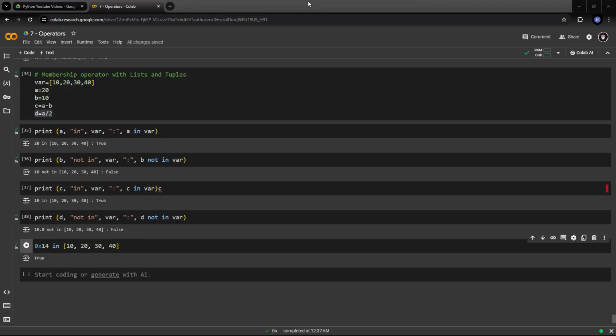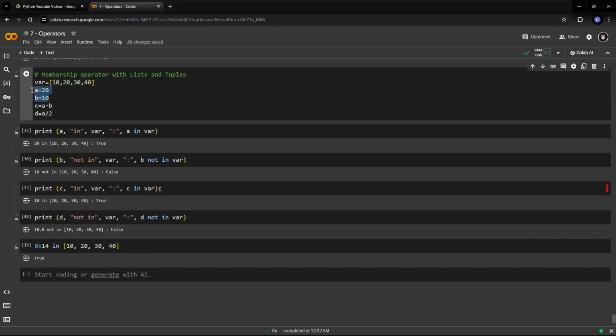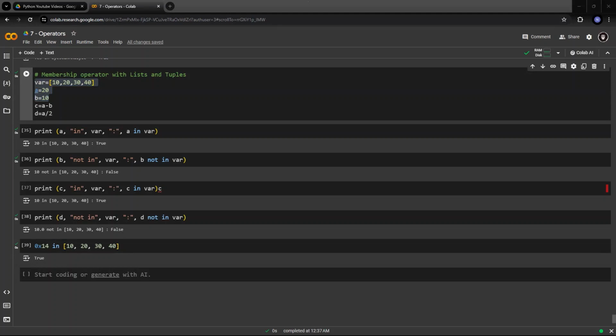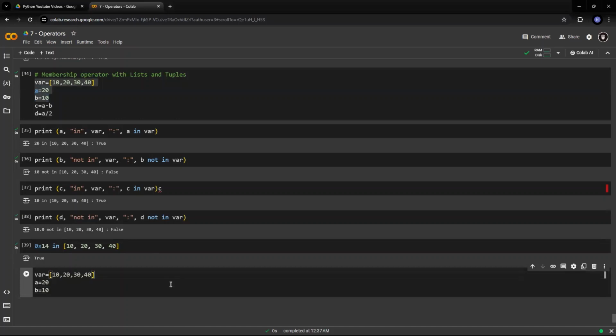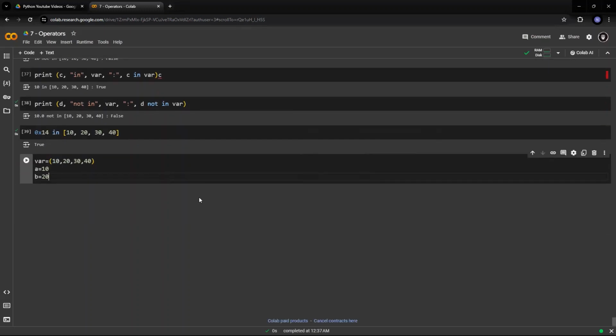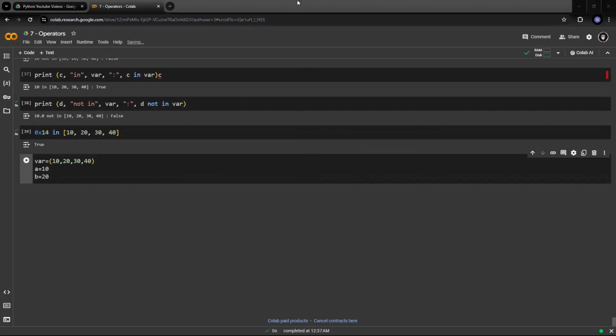Now, what do I mean by this? Let me first copy, let me have a tuple here. Suppose I have this tuple, since we are taking it in braces. Suppose I have a variable which is a tuple, which has the value 10, 20, 30, and 40. Now, if I try to check whether A and A comma B is available in where,